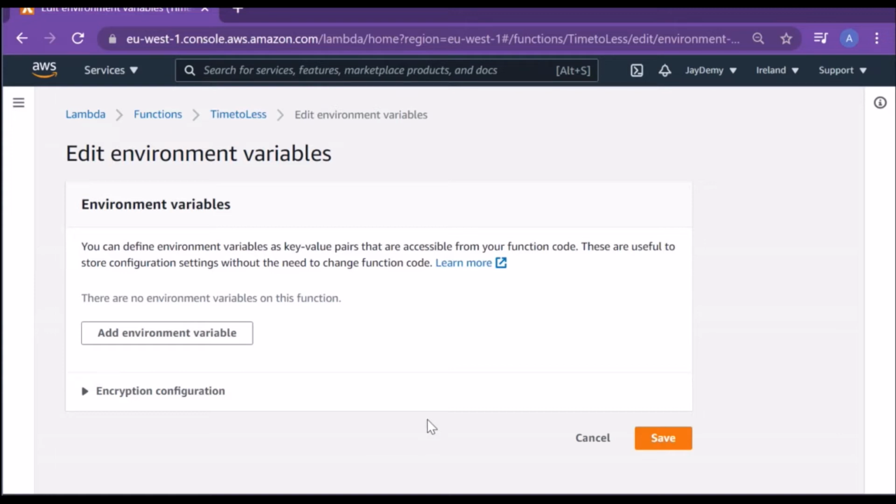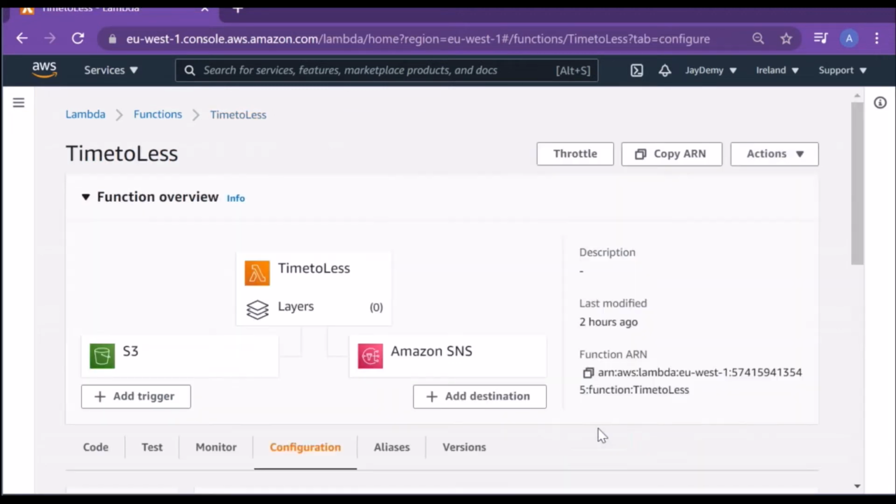Your environment variables are available to your code, and Lambda sets additional environment variables that contain information about the function and invocation requests. So environment variables you can define as key value pairs, accessible from your function code. These are useful whenever you store configuration settings without any modification to your code.